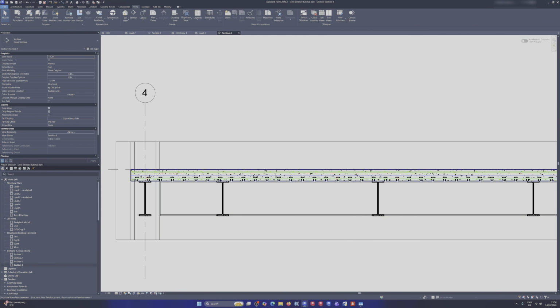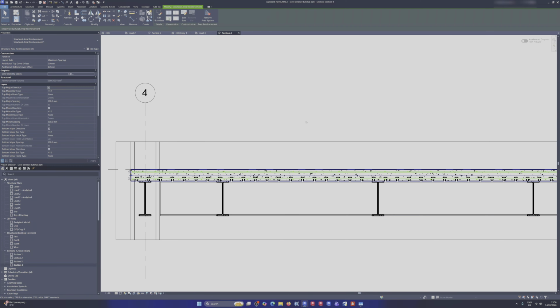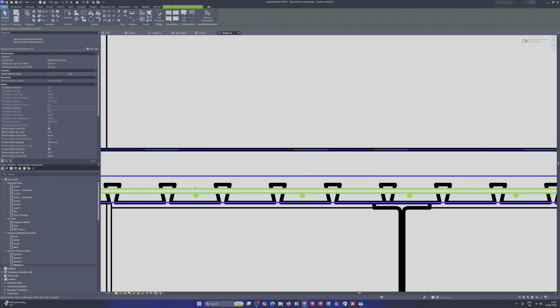To select the wire mesh or the structural area reinforcement, just hover around the slab over here, and if you can see the structural area reinforcement label, left click on it. If you don't, just cycle through tab until you see it, like so. And let's say from your engineering calculations, you don't need a second layer of wire mesh. You can just uncheck these two over here and you'll have one layer, but this is not right because